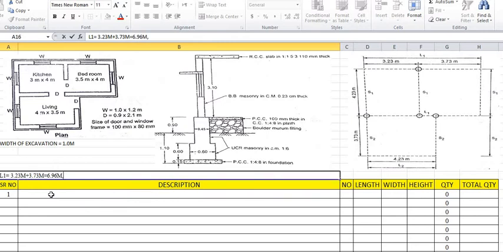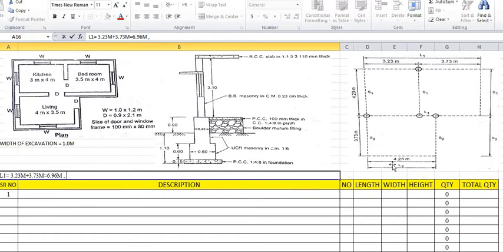Here we have considered this total length as the length of long wall. We just added 3.23 plus 3.73, but because it is along the same line, we have considered this complete as long wall. If it is along the same line, then we can add, because the calculations will be simpler. Otherwise individual wall calculations will be more difficult in numbers, so in order to reduce the numbers, we are adding this. So 3.23 plus 3.73, that is L1, is the complete length.